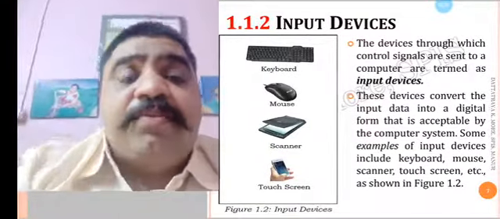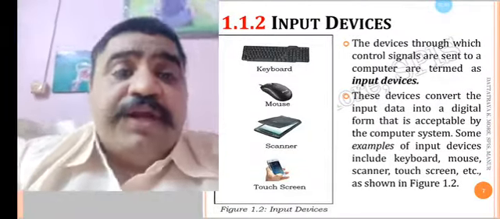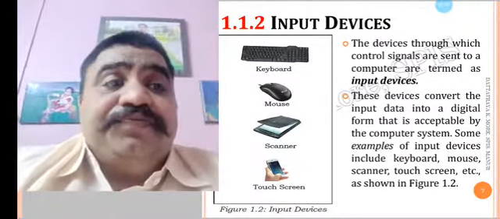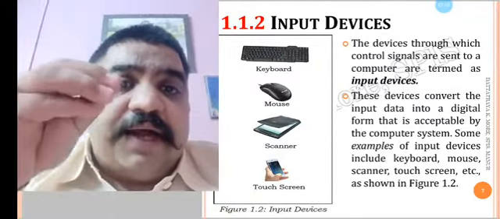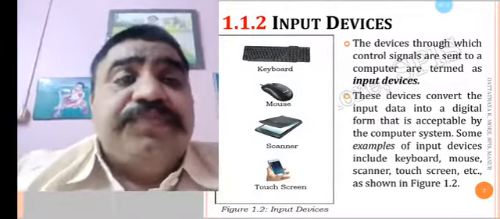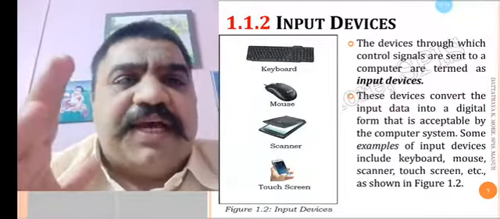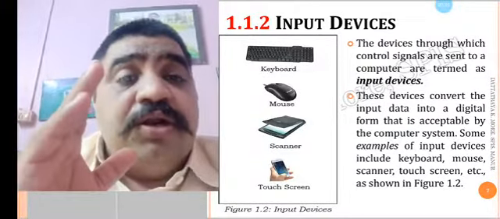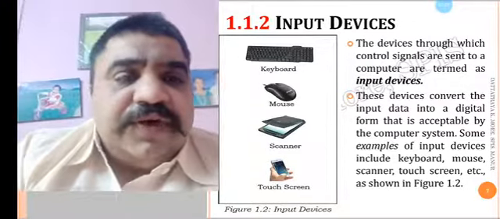As per the diagram, the first working unit is the input unit. The input unit helps to collect information and give that data to the computer or CPU. You can see in the figure keyboard, mouse, scanner, touch screen, like this so many input units are there, like mic, then barcode reader, or scanner we can say.